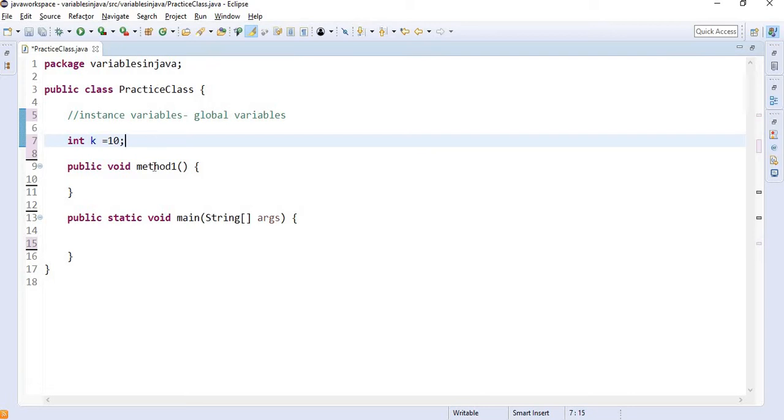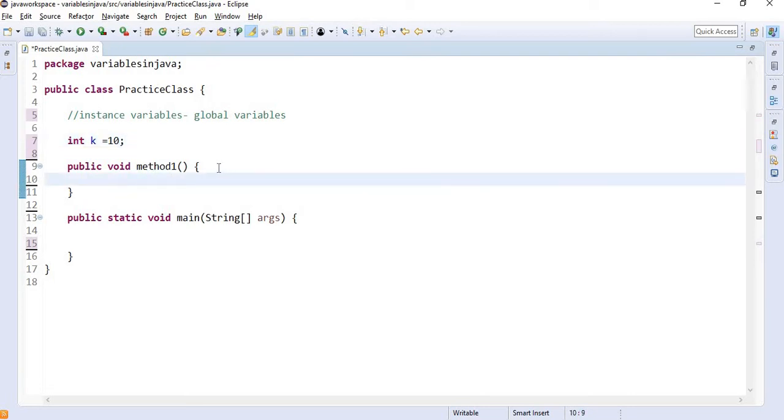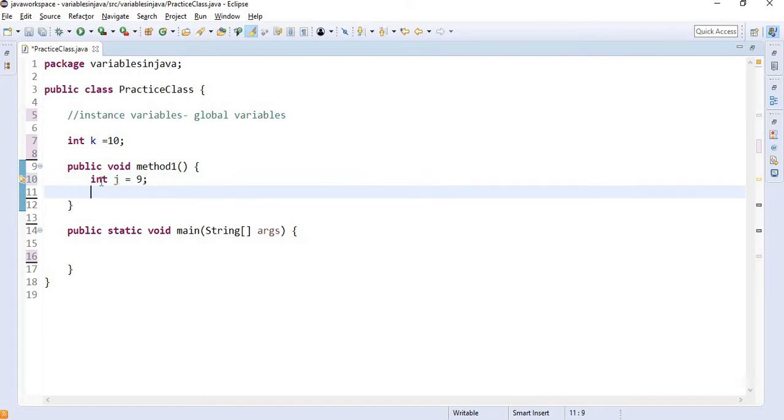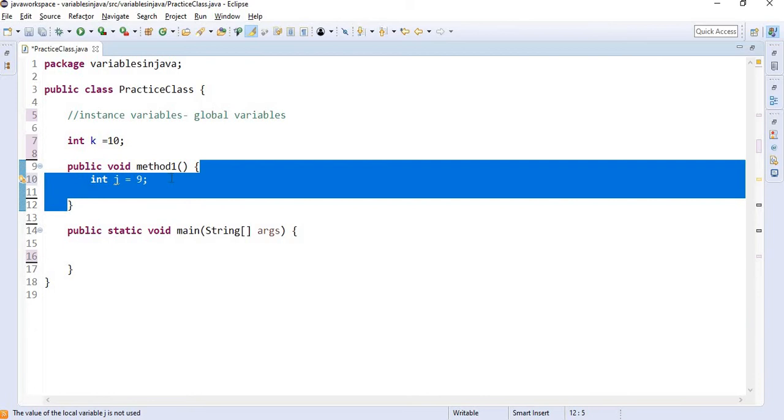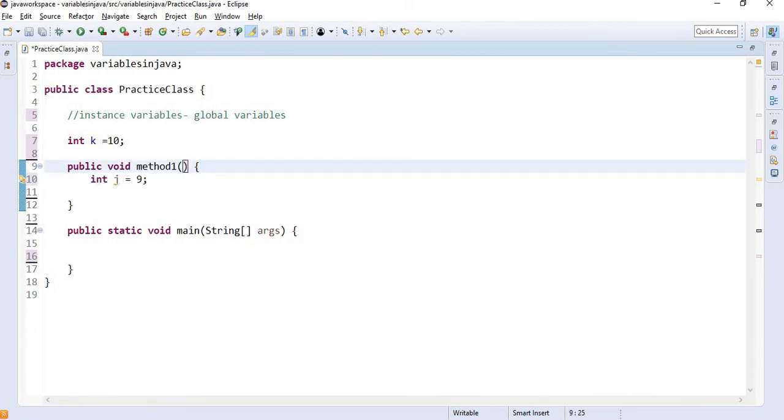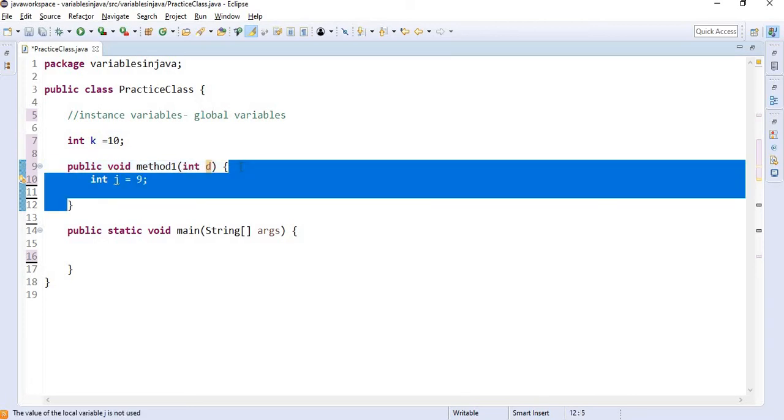A local variable is, if I am declaring a variable as int j equals 9, then this variable is not accessible outside this block. I can use this variable within this block only. Or if I say int d, then also this variable can be used within this block only.